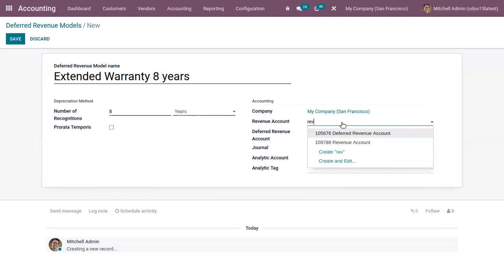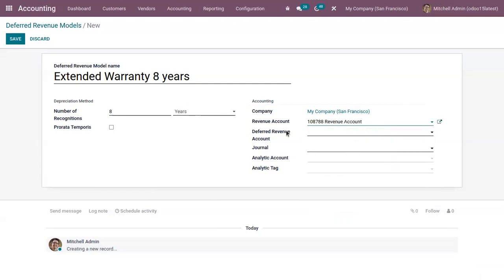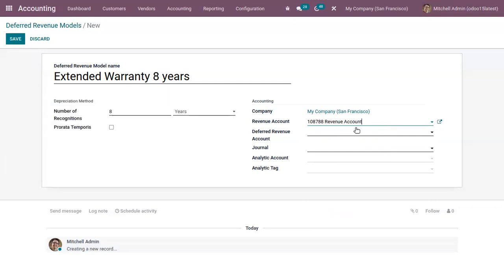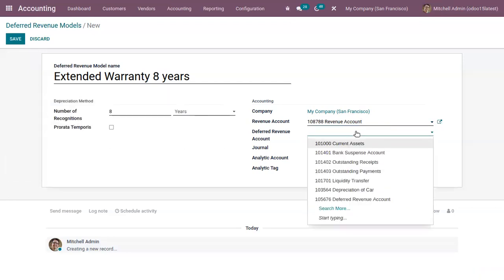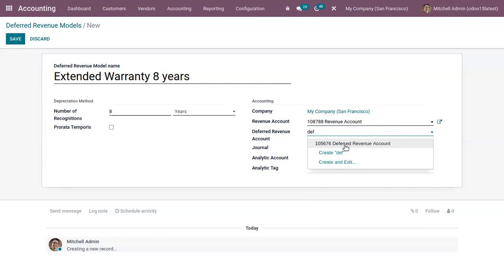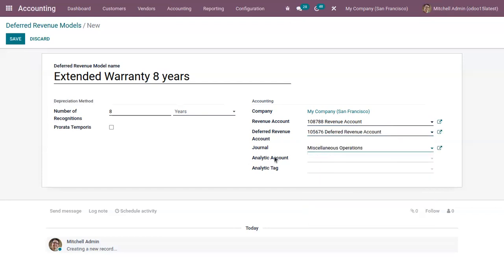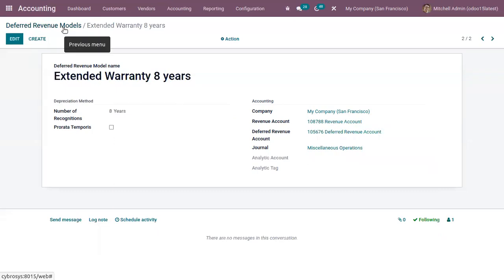So let's choose the already created revenue account. Then we can choose a deferred revenue account to record the deferred income, that is our future income. Then journal. So I'm setting it as miscellaneous operation. And you can link an analytic account or tag with this deferred revenue model. After that, you can save the model.